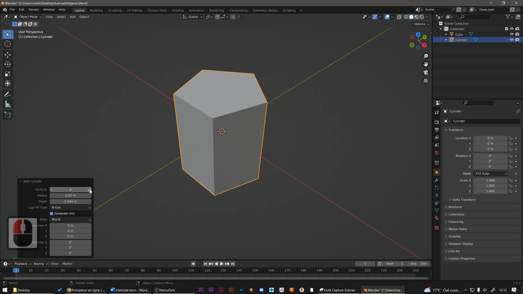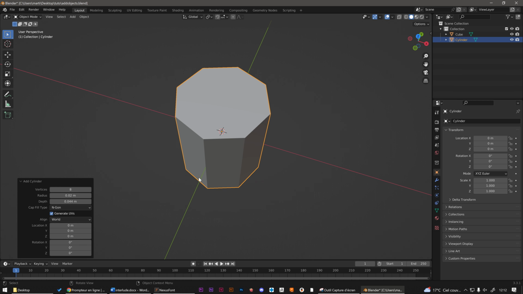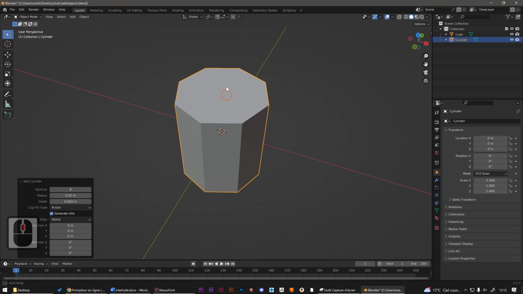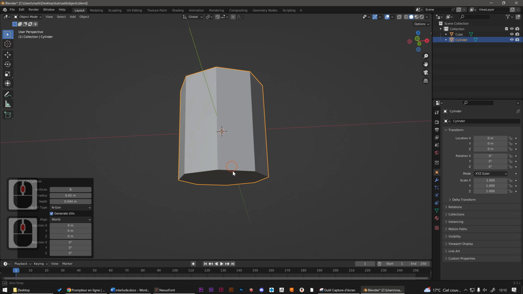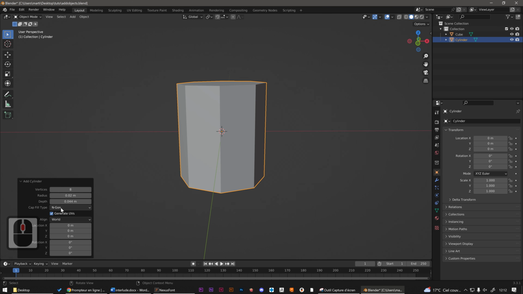If we enter 6 points, we can make a hexagon. With 8 points, we make an octagon, etc. We do not have to fill the cylinder, as is done here with the cap down and up. Instead of ngon, we can choose, for example, nothing, and therefore it will just create the profile for us without